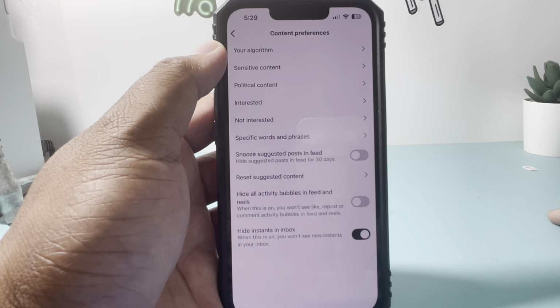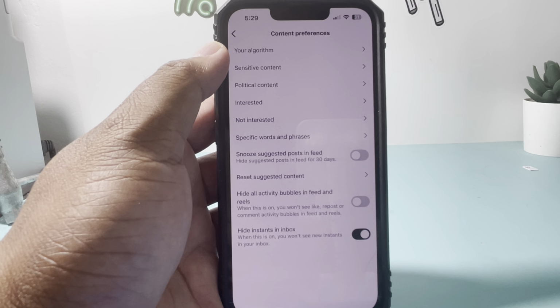But yeah, that is how you go ahead and make sure you do this so you don't see any political